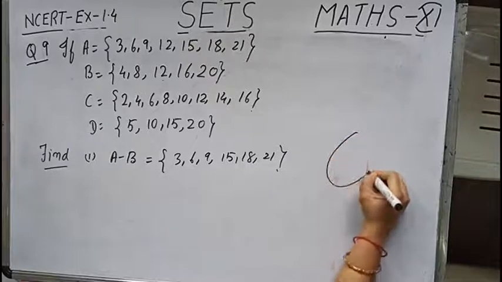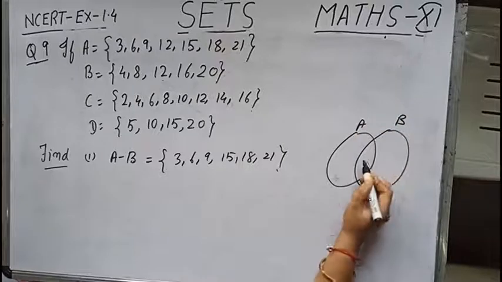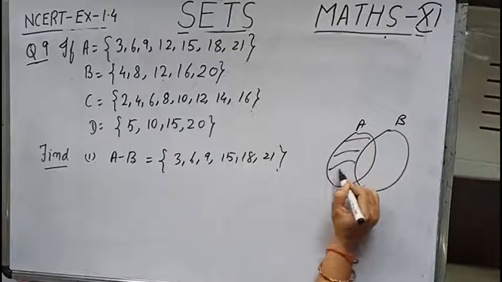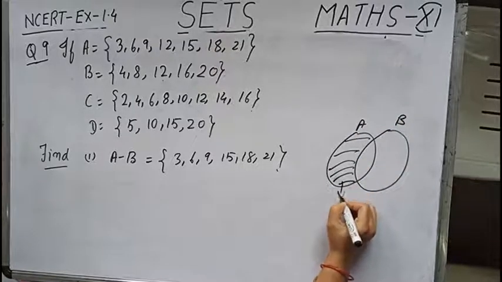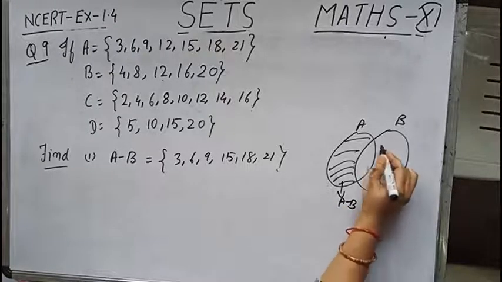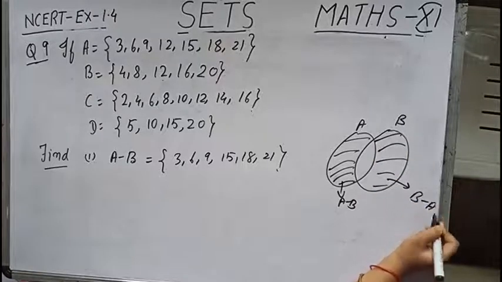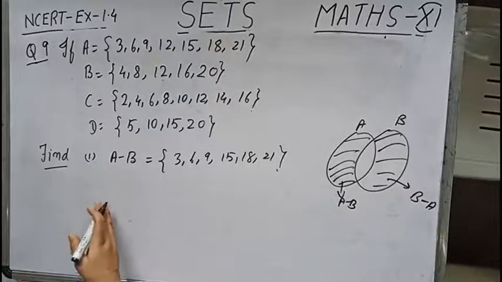Over here also by graphical also we have understood. Suppose this one is A, this one is B, then A minus B will be this set. This one is A minus B. Obviously this portion is only this portion. This portion is B minus A. So similarly we can do the other one.